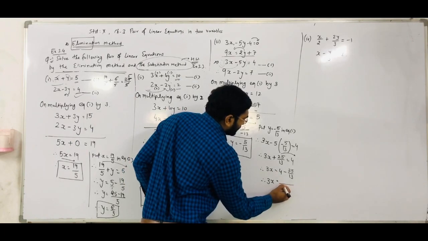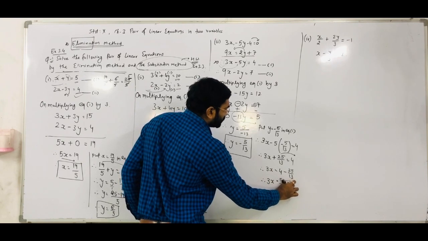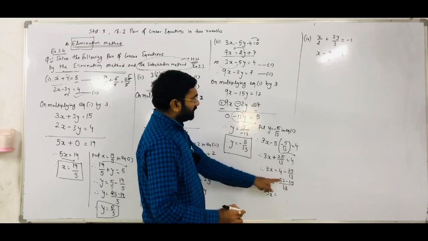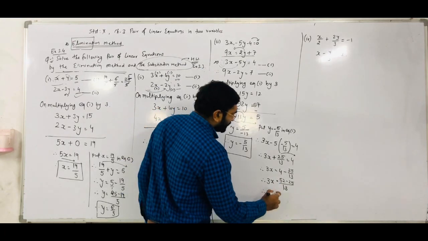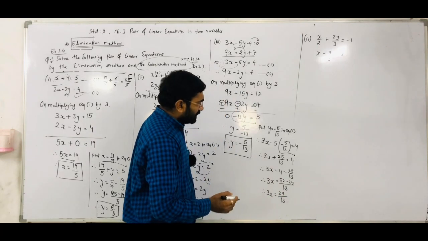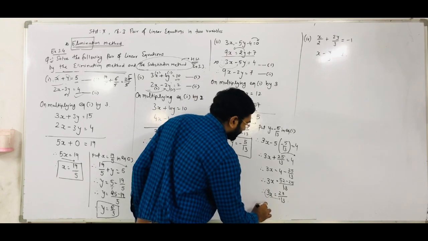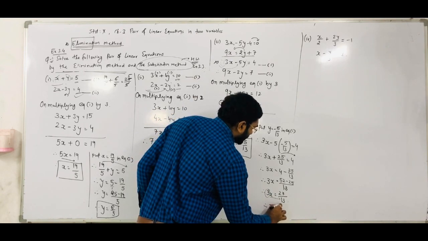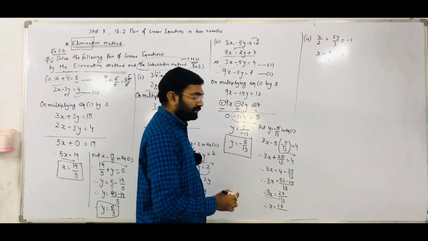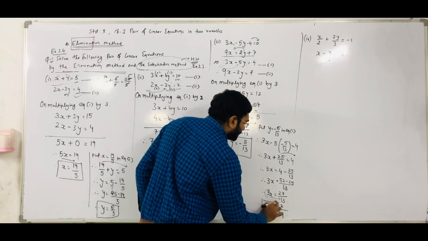Right? So 3x is equal to what do we get? Here we have to take 13 as the LCM. So 13 fours are 52, minus 25. Right? So 3x is equal to 52 minus 25. So we get 27 divided by 13. Right? Now we have to find the x value. So whatever the x coefficient is goes to the right hand side and multiplies with the denominator. So 27, right? Divided by 13 into 3. So we get 39. Okay. So 27 by 39.